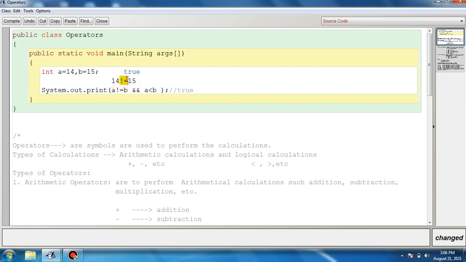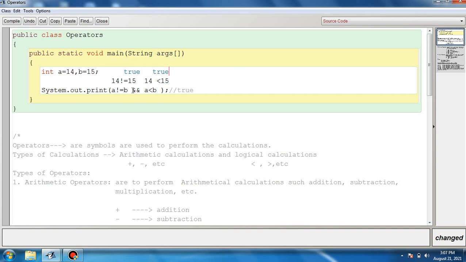Next, this will be checked: the value stored in A is 14, and 14 is less than 15. Yes, so this less than operator will also result in true.